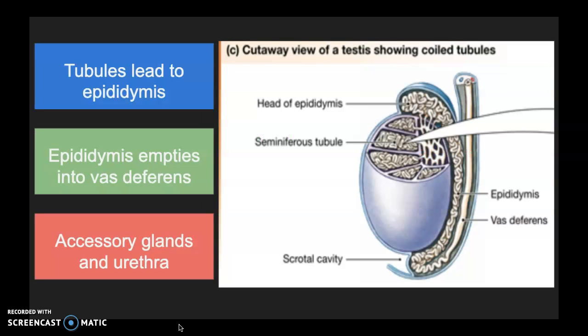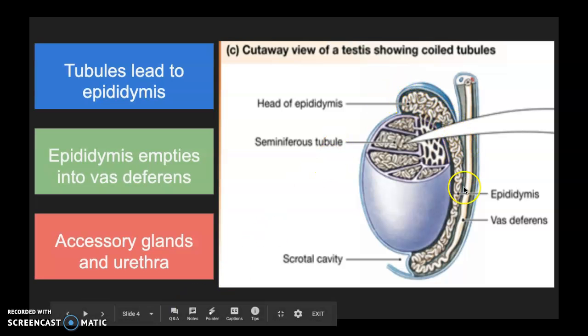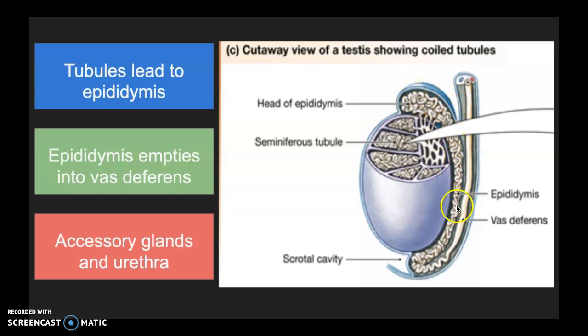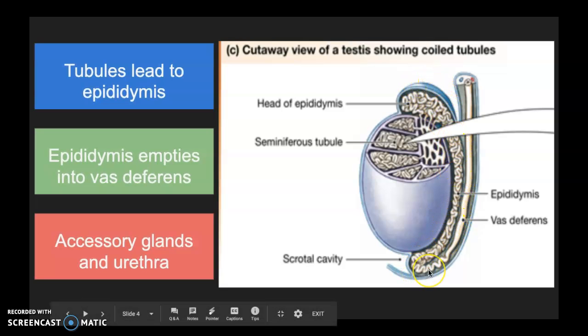Sperm that is produced within the testes is going to mature in the epididymis, and this structure, which can be seen here, where I'm highlighting right now, allows the sperm to mature. And when sperm is used for fertilization and released from the body, it travels from the epididymis up through this